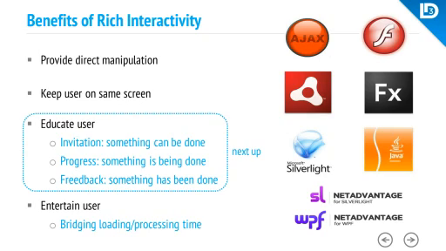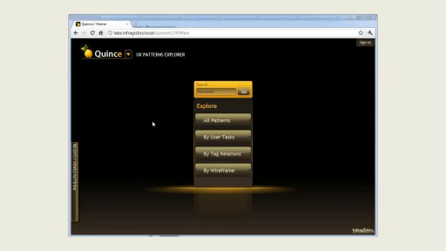We try to show you, even before you interact with an element, what elements are actually interactive. While you interact with something, we make things transparent by showing you the progress. We show how things are being done once you work with a UI element. And after the action, we make things transparent by showing you the feedback. Yes, you did something, and here's the result of it. So let's look at an example.